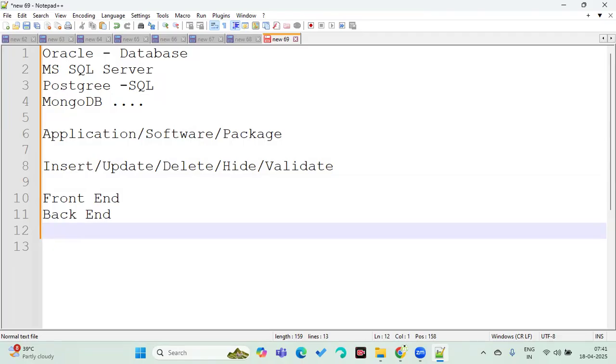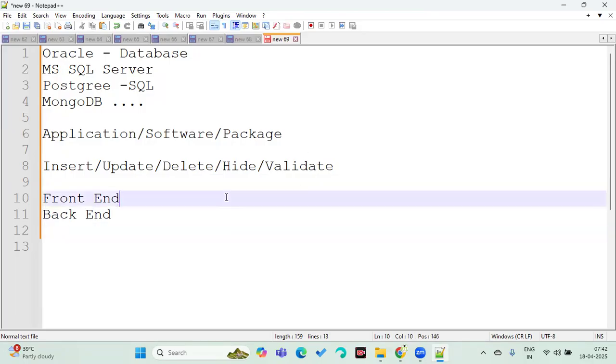There will be two things, front end and back end. You take any software, whether it is Oracle, SAP, IBM applications or Microsoft applications. When somebody says there is a software we have to learn or use, software means there will be two things, front end and back end. Of course, middleware and some other things will come. Anyway, we'll come to know later. The basic thing is front end and back end.